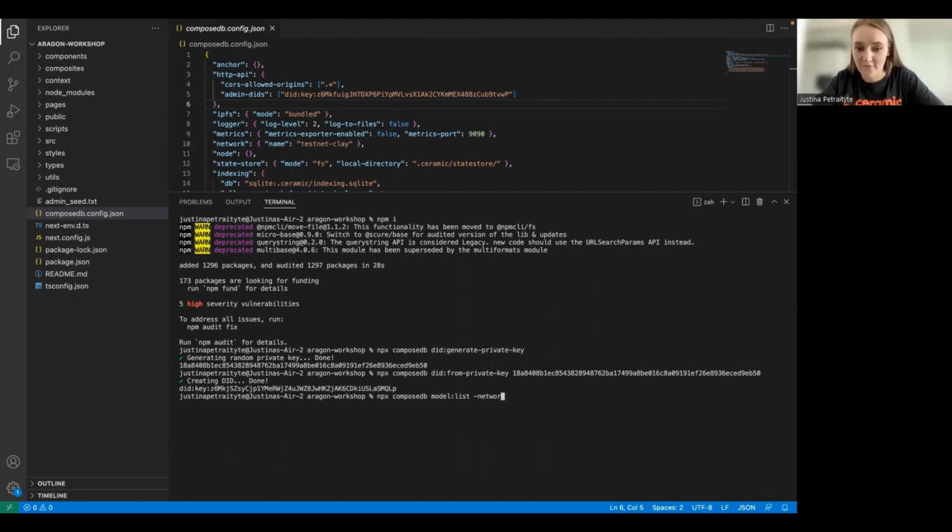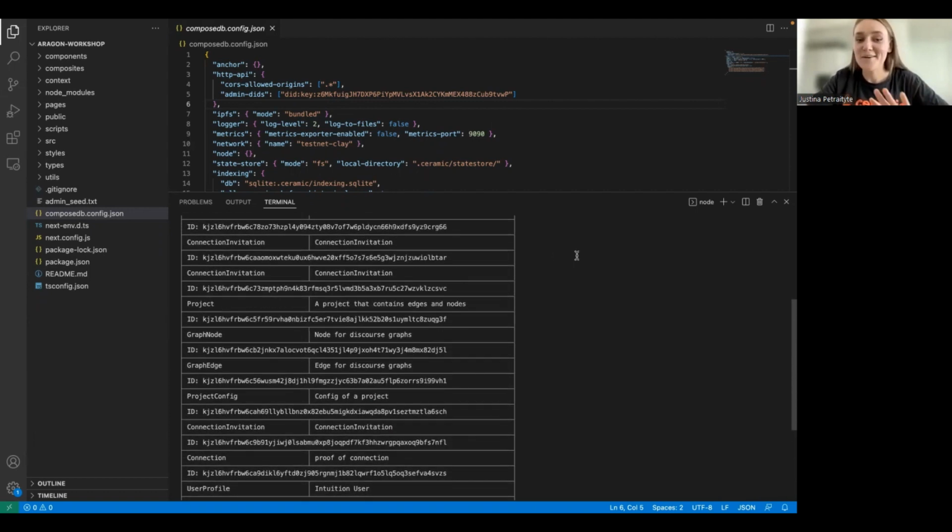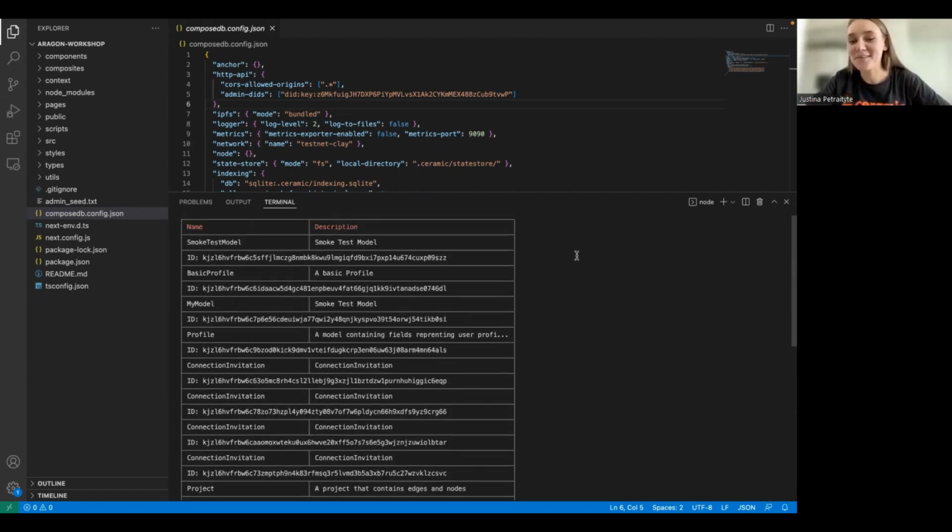Maybe I will actually show that first. And I will provide a flag table, because then it should give the results in a bit nicer table view. So once I run this, as I said, this is a very basic and simple interface as of now. We will be spending more time looking into how we can improve this platform. But basically, you get a list of currently available data models that you can pull and use for your application. So you get details about the model, like what's the model name, what's the description, what's the ID, and then using that ID, you can actually fetch the model on your local node and use that.